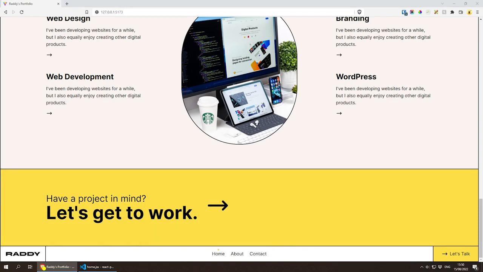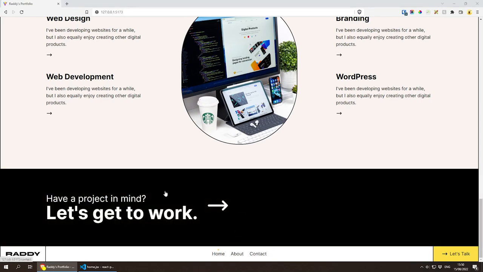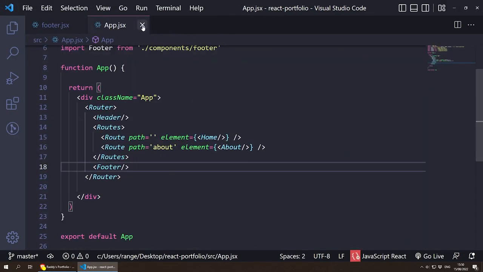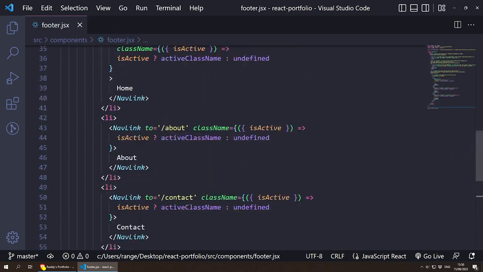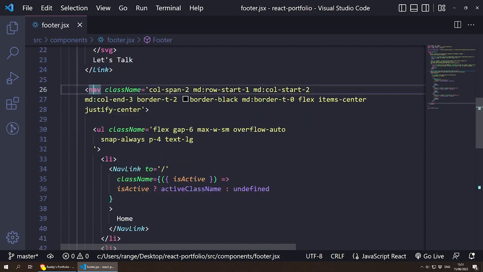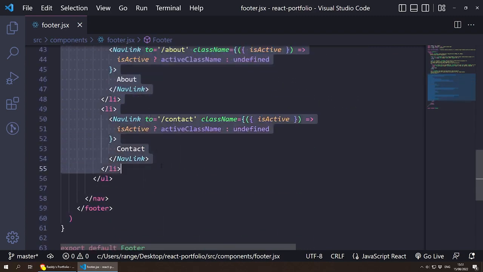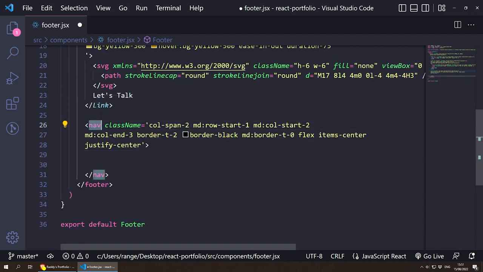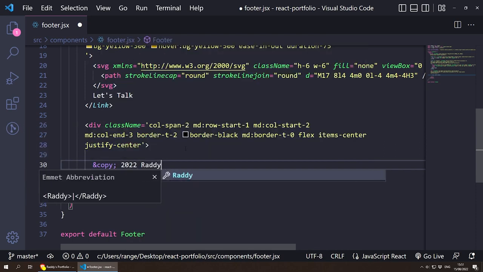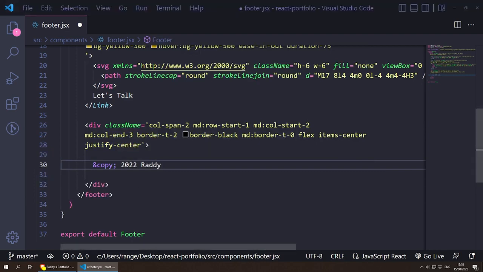Okay, so for the footer, of course, I'm going to modify a little bit. So what I'm going to do instead is remove all of this. Let me see. No, let's concentrate on the footer, and let's go to the navigation one. So this was the center one, and instead of navigation, I'm going to remove everything from here. And instead of navigation, maybe we can just have it as div this time, right? And then we can just do ampersand copy for the copyright symbol, and then I can do 2022 Ruddy, and then I'm gonna copy a dot and do